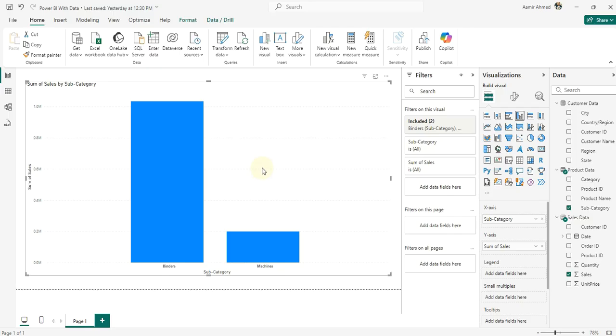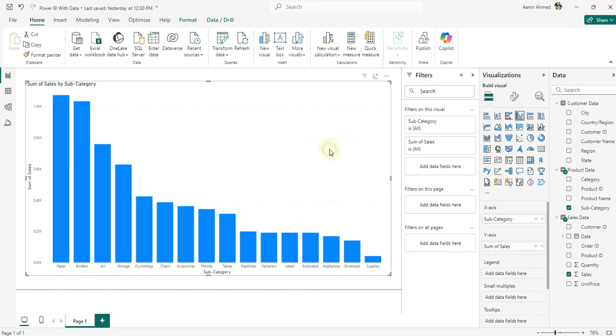from our chart. When we navigate to the filters section, then we can see the include filter has been added. If we want to remove it, then we will just click here on this cross button and it will be removed. Similarly, if we want to analyze the chart without some subcategories, for example, tables, fonts, and accessories, then we